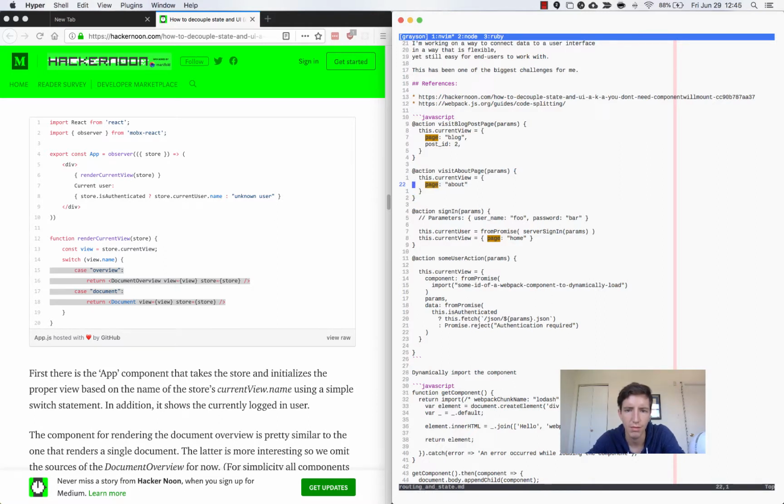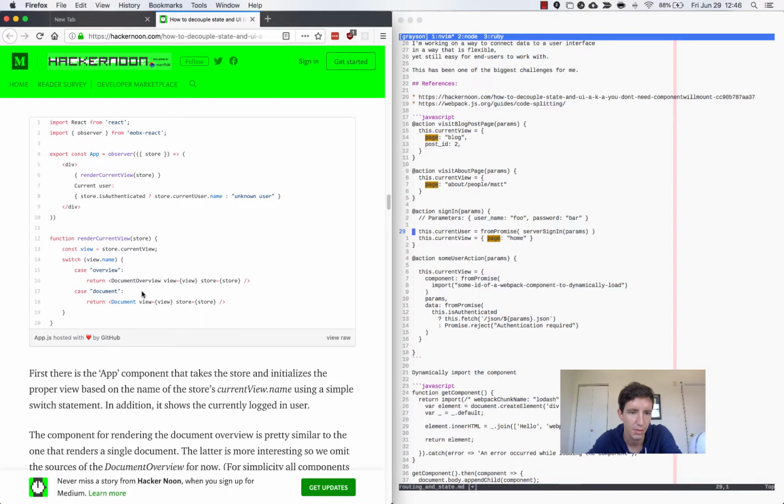You'd need to specify that somehow in here. So maybe about people Matt. This would need another case in here. Case about people Matt would, maybe it renders the